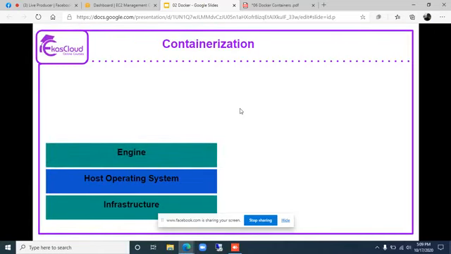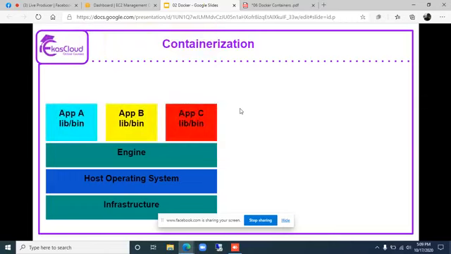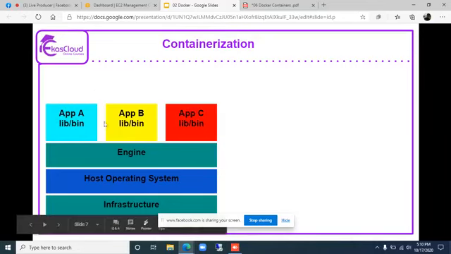I am using a common term, engine. This engine is software which allows you to run applications in an isolated way with their own libraries and binaries. Many companies have made their own engine software. Among them, Docker is a popular vendor who has developed this engine. With the help of this engine, you will be allowed to create multiple applications with their own libraries and binaries in a single operating system.